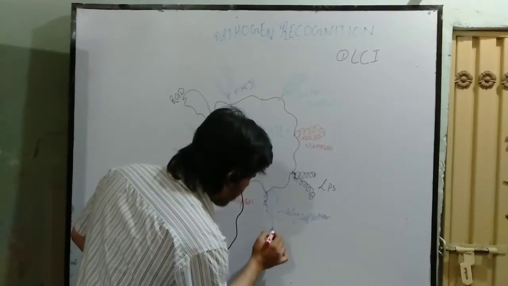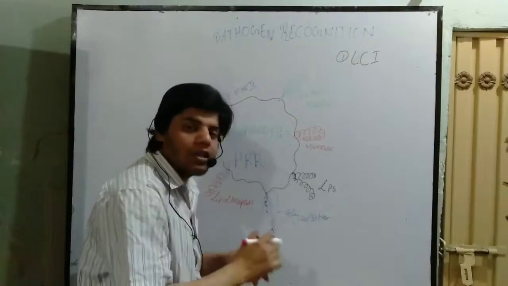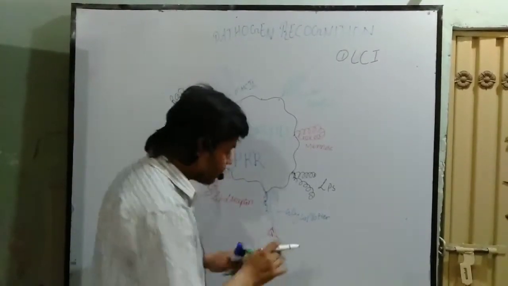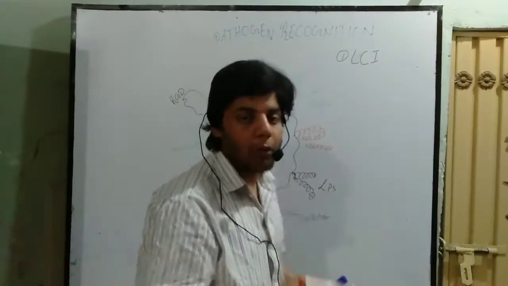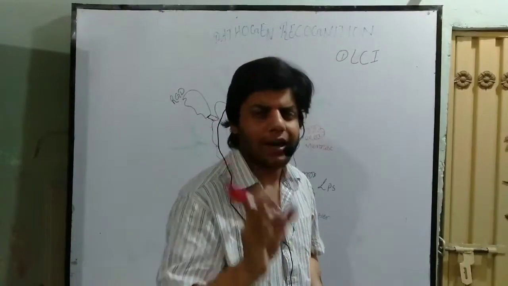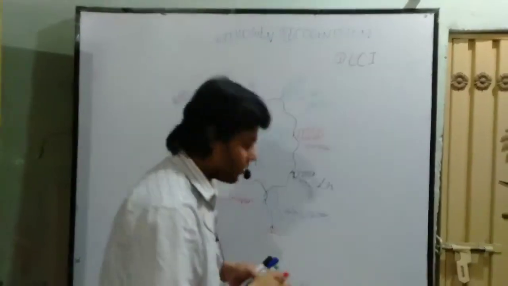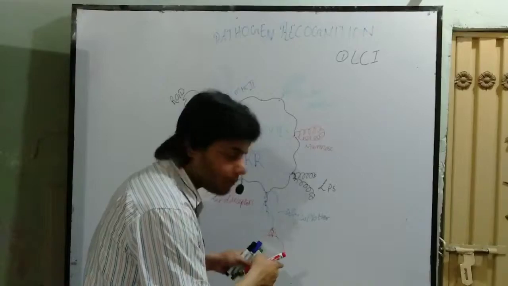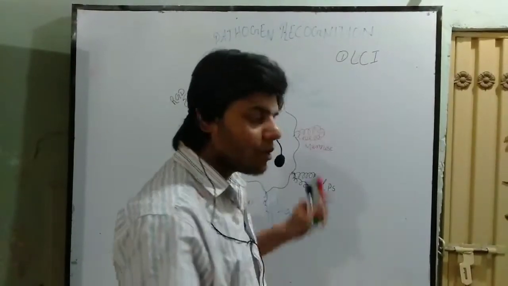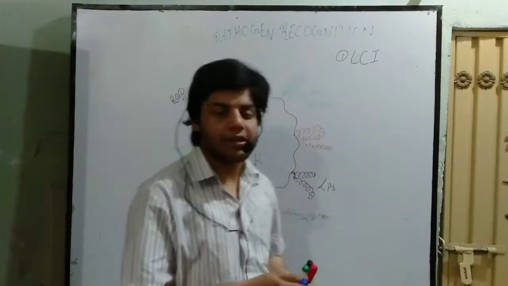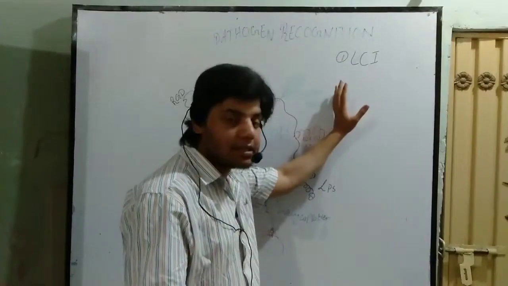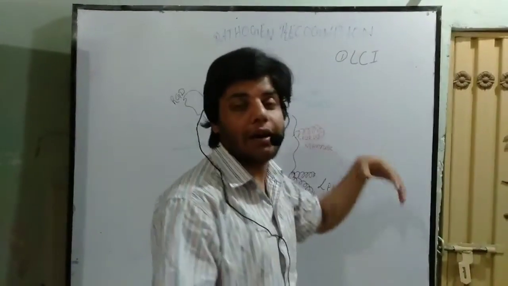Okay, so let's suppose these are the fimbriae of the bacteria. Now this is, let's suppose, the bacterial cell, and these are the fimbriae. If you don't know about the fimbriae, I already explained it. Fimbriae are thin, small, hair-like structures which are specially used for attachment. Now these fimbriae are detected by this glycoprotein. Okay, lectin carbohydrate interaction. This interaction also includes the interaction between lectin and the polysaccharide of the bacterial